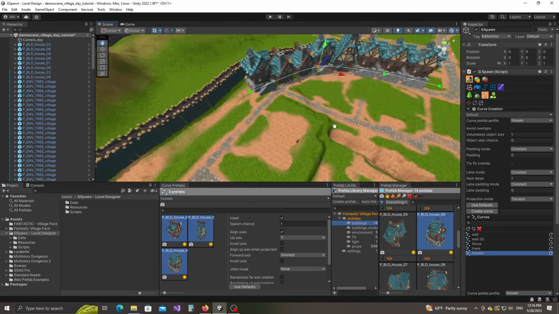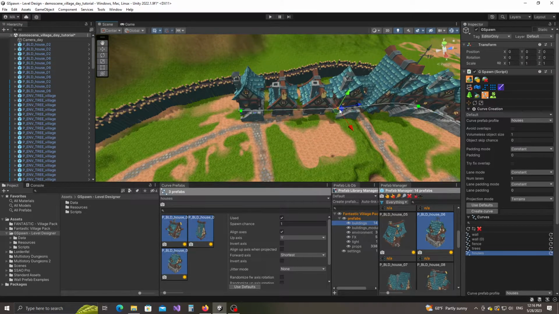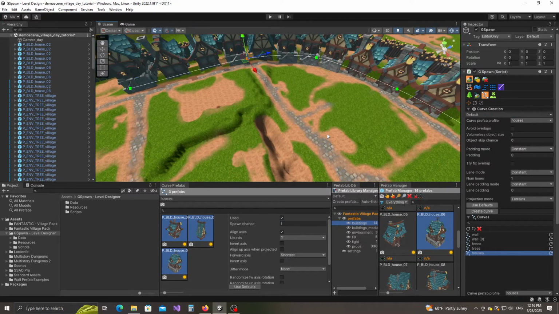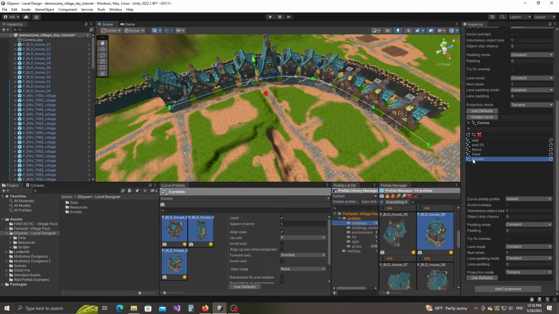Okay, now something that I don't like about this, we can actually go in this direction. I'm going to introduce a new control point here. Now, something I don't like about this is that the houses are sitting really close next to each other. So I'm going to make sure that the houses curve is selected, and I'm going to set the lane padding